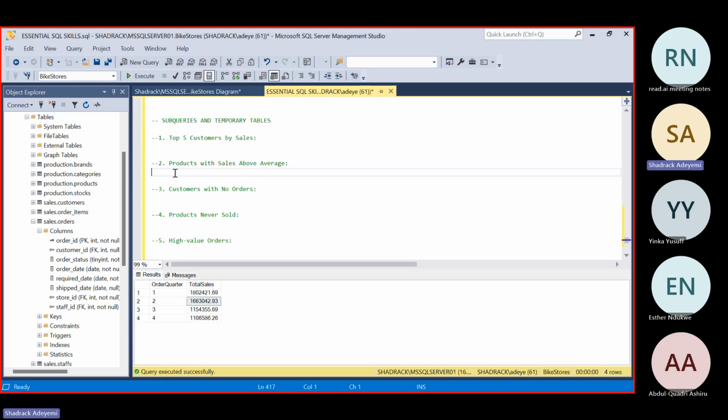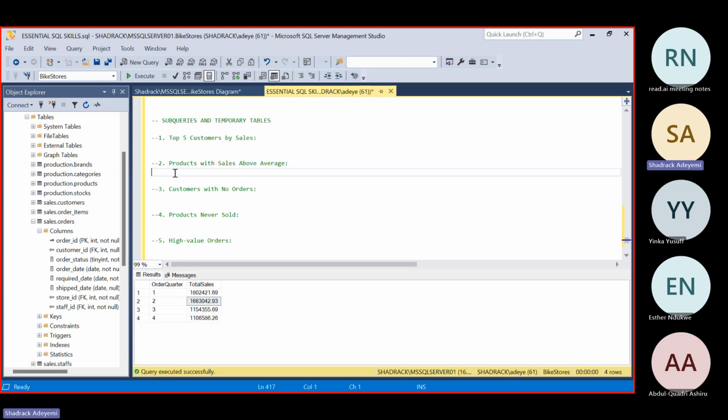So we want to first fish out the total sales that we make, then the average of that total sales, then products that do better than the average.